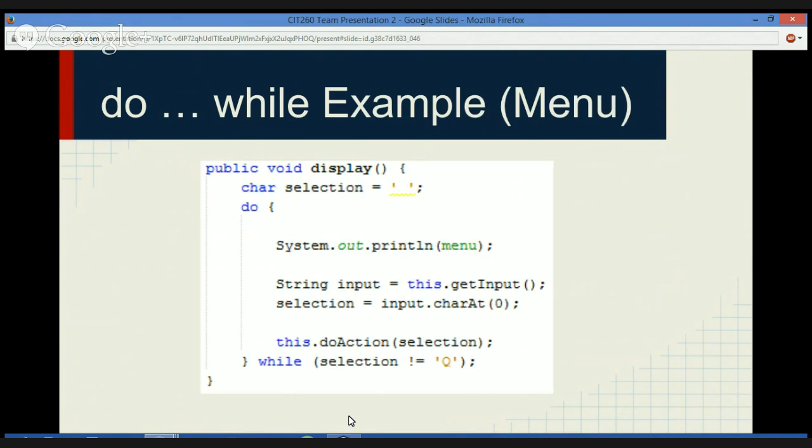This is an example of a do-while loop in our program. When the display function is called, it will go ahead and run all the statements in its body. The last statement will use the user input in the switch shown earlier to make a choice on what happens next. With the condition at the bottom, the menu will continue to be displayed and user input will